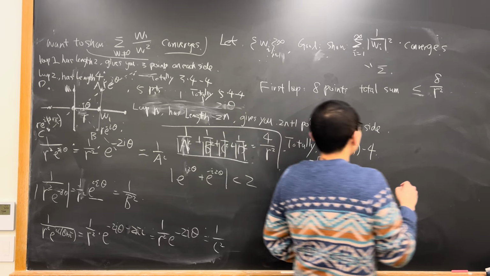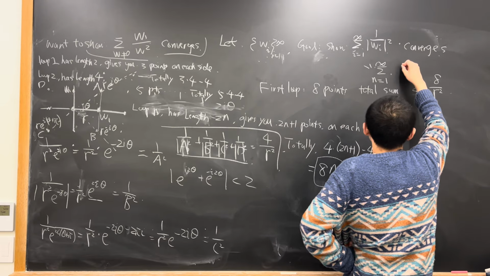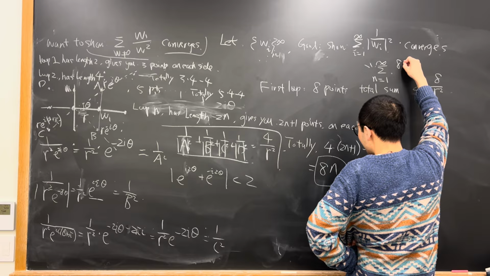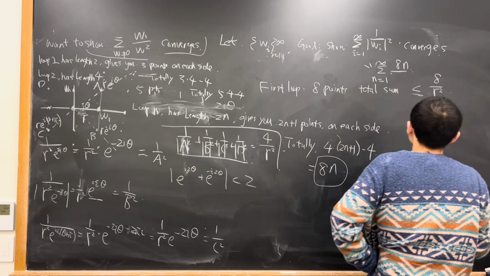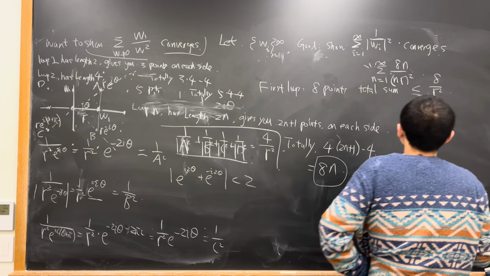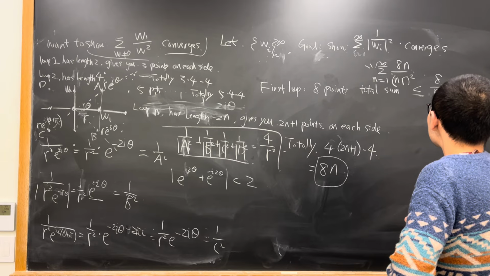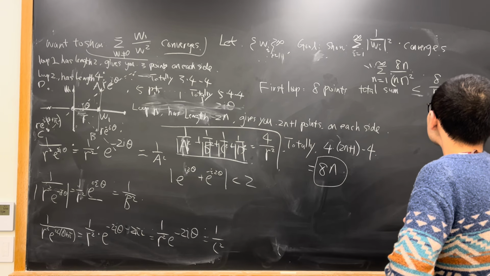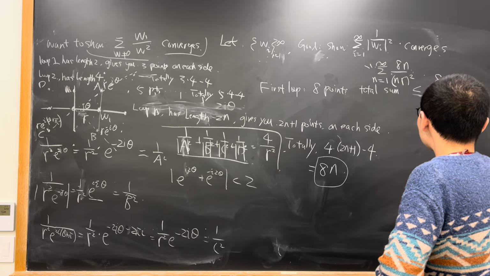So basically what we do is we sum over n from 1 to infinity, 8n over (nr) squared. Okay, it seems that it diverges because by the harmonic series,